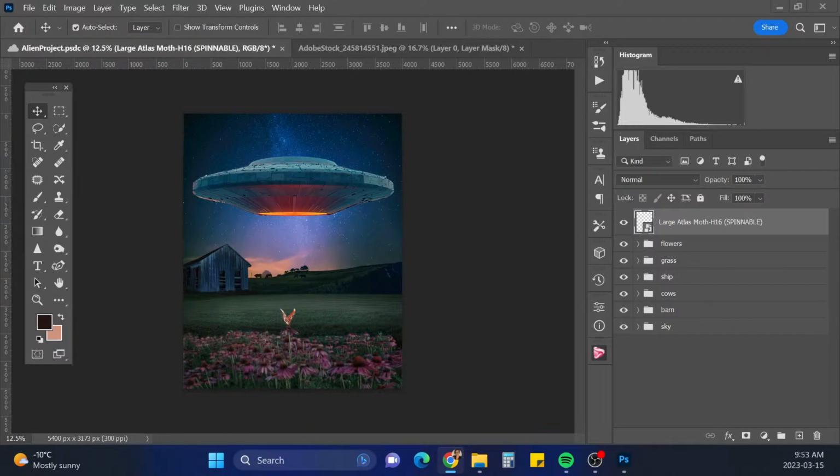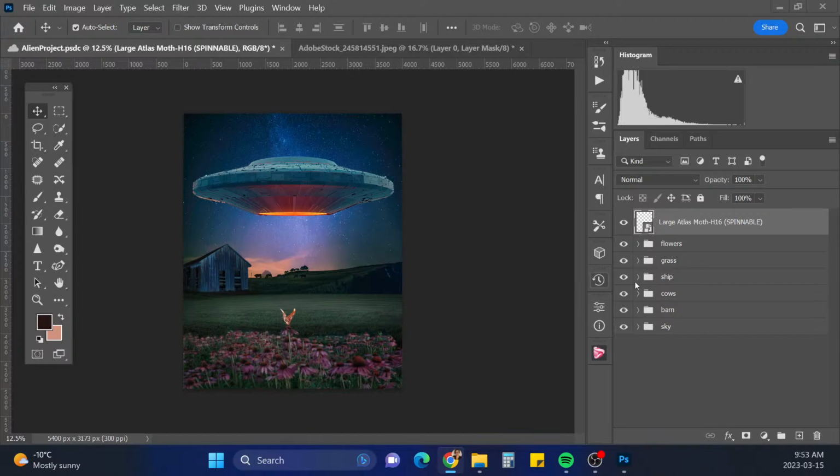Okay, interesting. You learn something new every day. So I was just seeing if moths are attracted to flowers. And they do with ones that bloom at night. So that's pretty cool. All right.